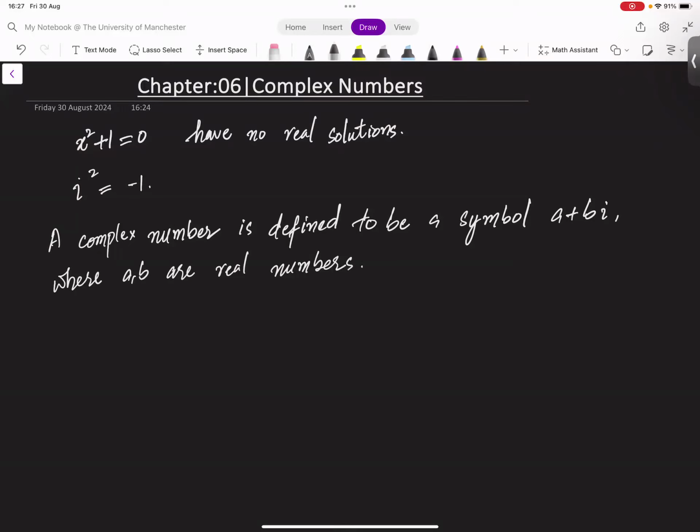We denote a complex number as z, if z is a plus b iota,